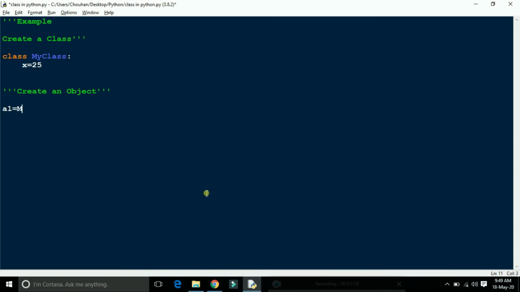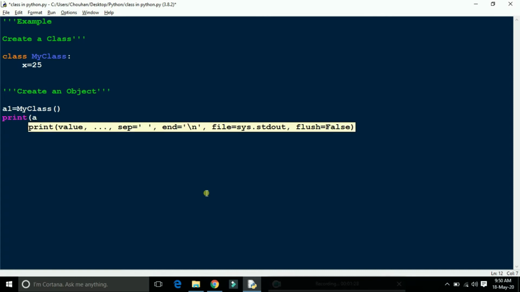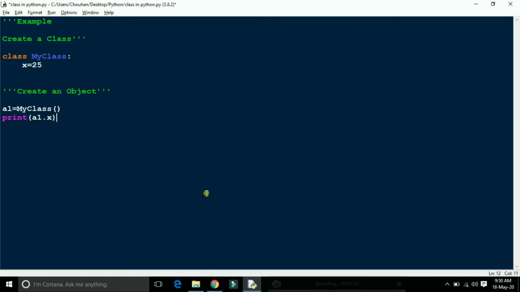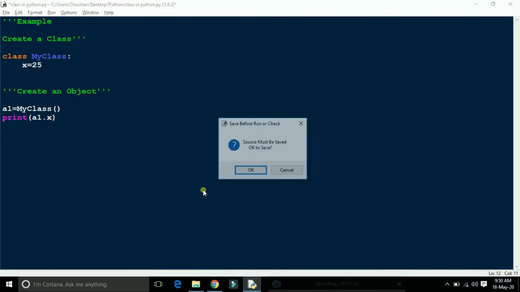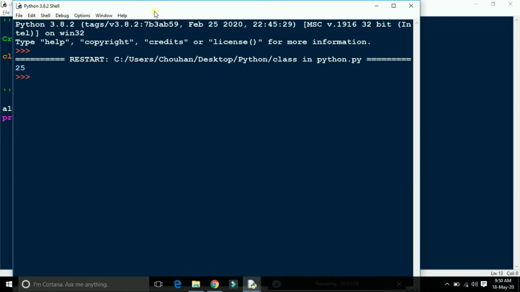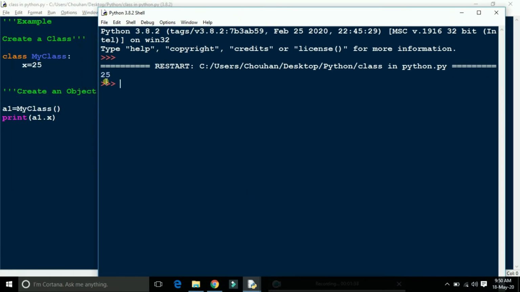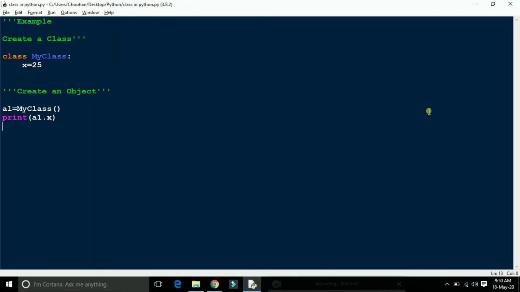Create an object named a1 and print the value of x. So a1 equal to myClass. Print a1 dot x. Save it and run it. See here, it shows the value of x. We just call the class and print the value.